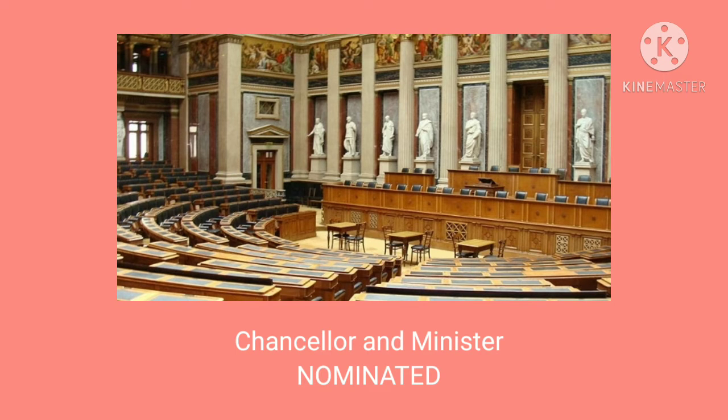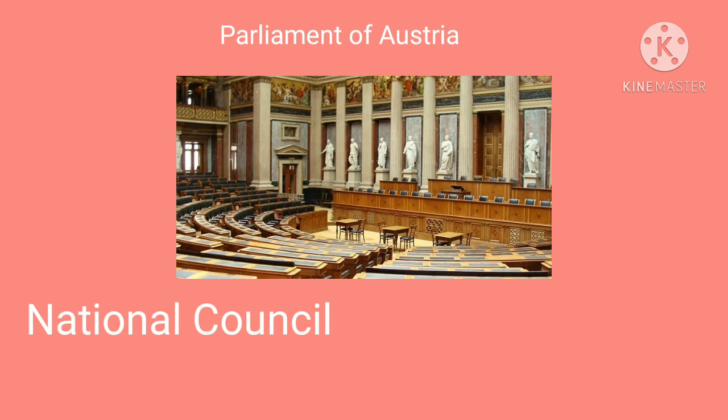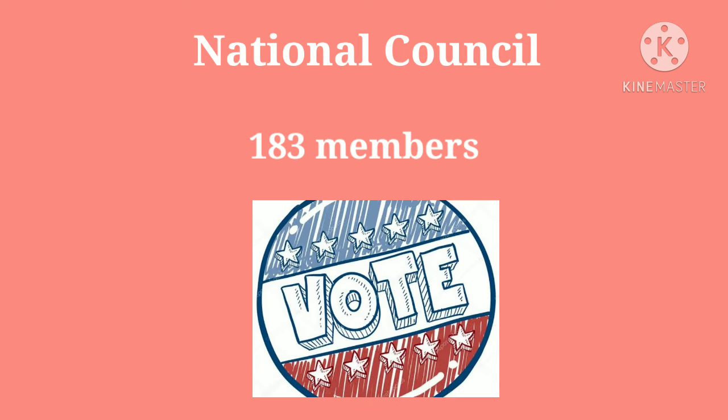He is the head of government but does not exercise the power to administer other members. The federal cabinet is composed of the federal chancellor and several ministers who are nominated by the president. The Parliament of Austria is comprised of two chambers: the National Council that has 183 members elected for 5 years by proportional representation, and the Federal Council that has the power to veto a bill, which can also be rejected by the national government.